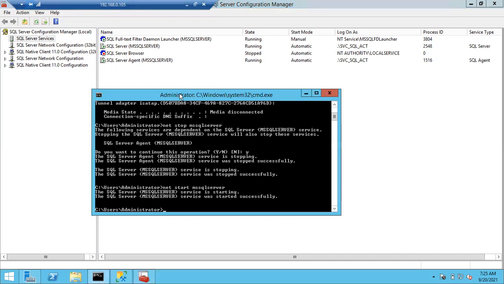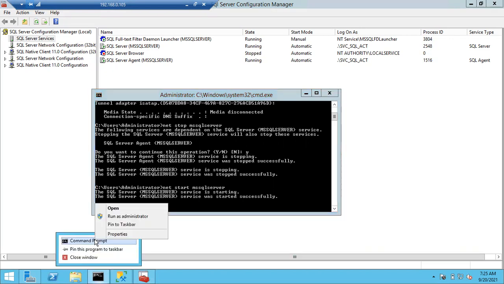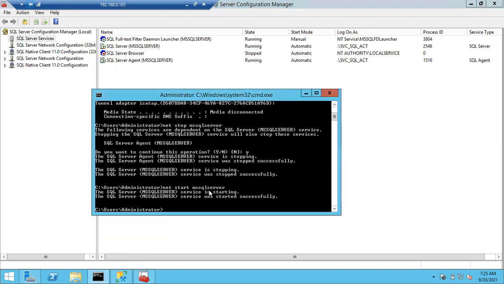But what you have to do is open command prompt in run as administrator mode, in the elevated mode. Remember, elevated mode means run as administrator mode. Sometimes in troubleshooting steps, they will mention to open command prompt in elevated mode. They are simply asking you to open the command prompt in run as administrator mode. Then you can give net start. If you don't open it with run as administrator mode, it won't work. You cannot start or stop the SQL services. So you have to open the command prompt in run as admin mode.